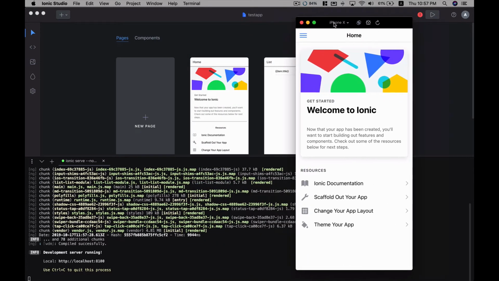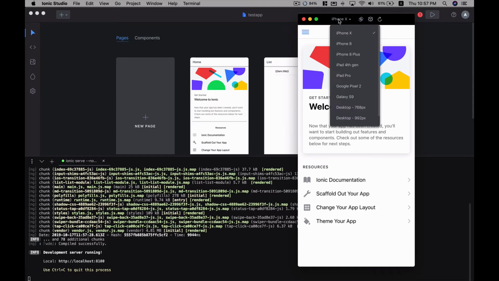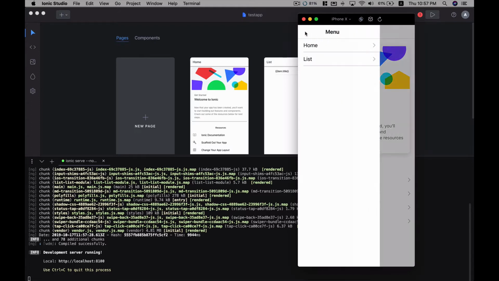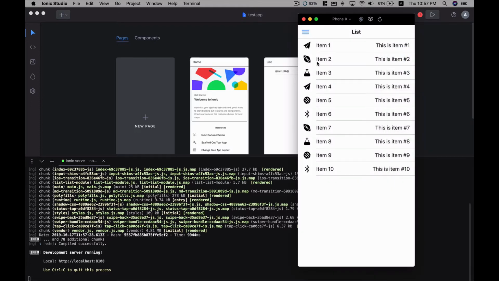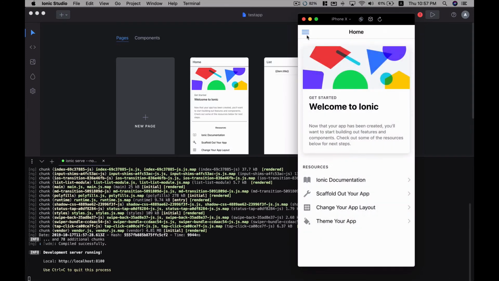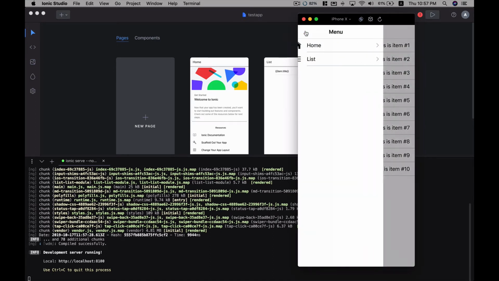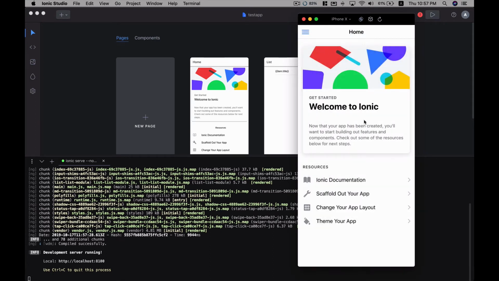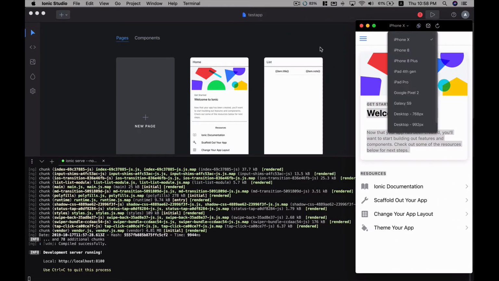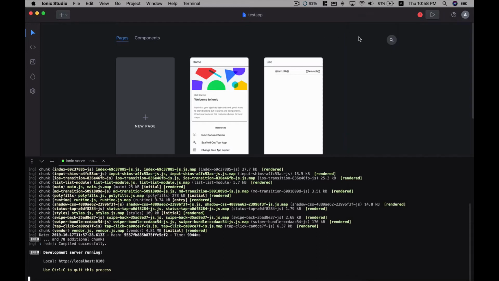Okay, as you can see, now my app is running in the container, and it's looking like it's a phone. So it's not a pure browser. You don't get to see a Chrome menu bar or anything like that. So I can switch between. And according to me, what I realized is that the app is very smooth. When you run in this kind of container, it's kind of smooth. Okay, so I'm just gonna put this on a side, and we can just reduce the size of this, but